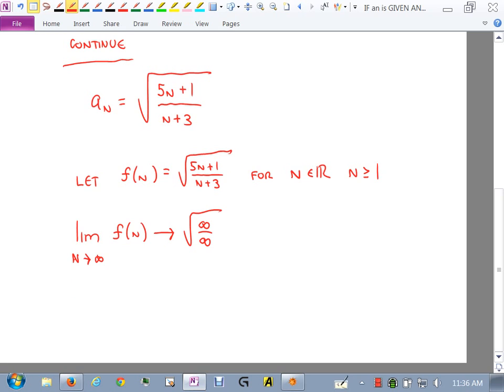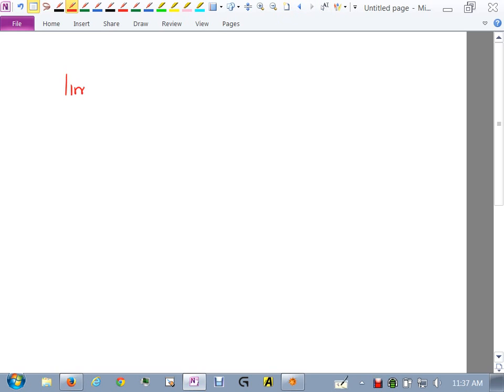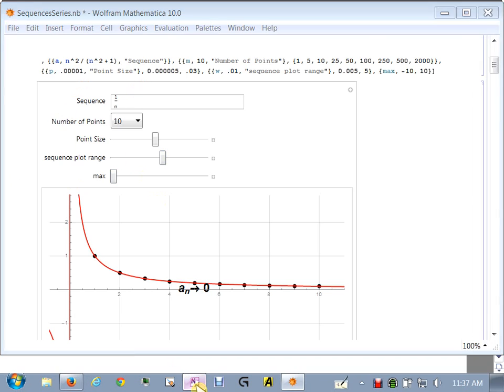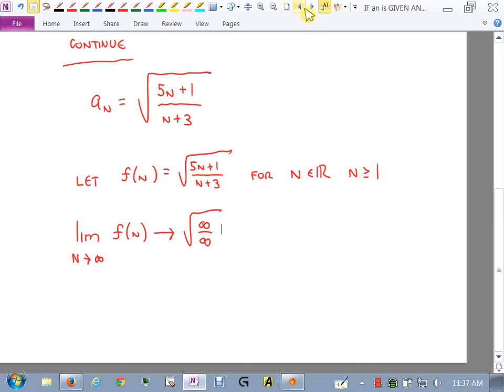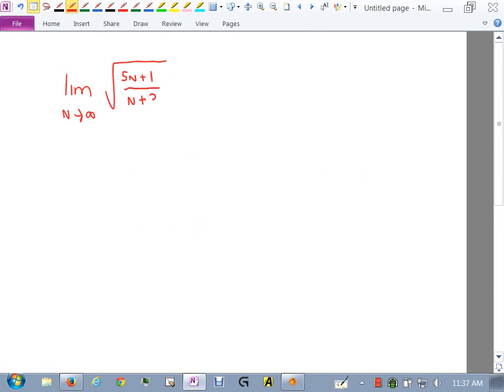I need a new page. Are y'all with me? What's most important here is me writing this stuff down and you getting used to needing to write this down, right? Explaining what you're doing. So this gives us square root of infinity over infinity. So I have the limit as n goes to infinity of the square root of 5n plus 1 over n plus 3